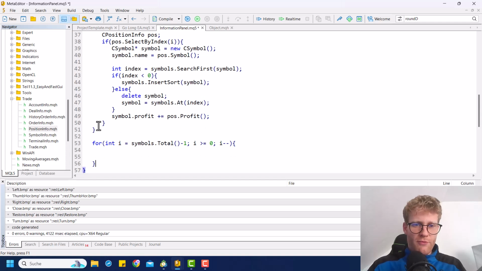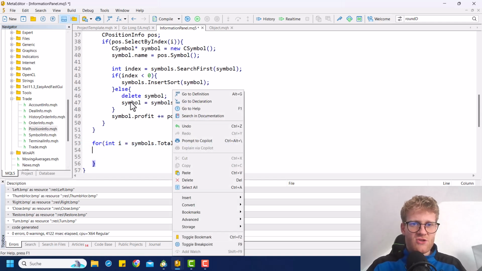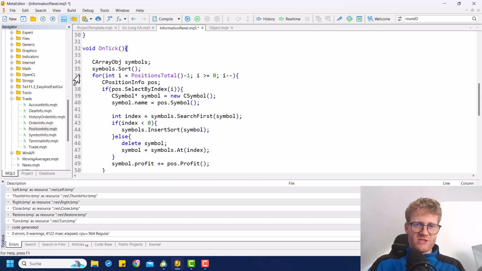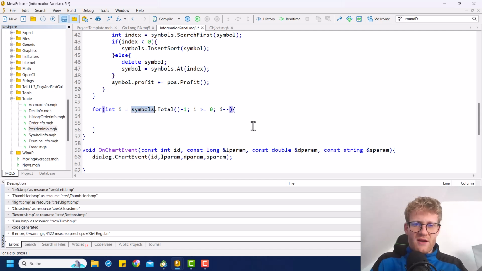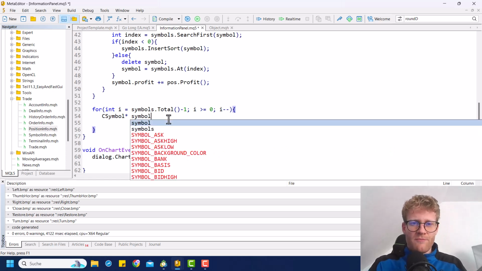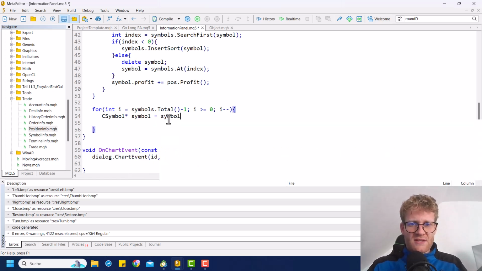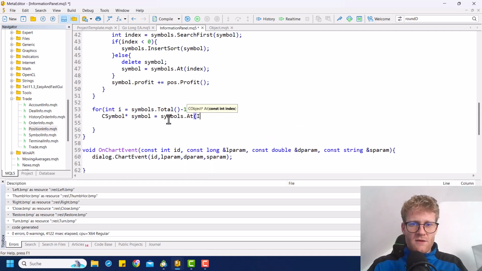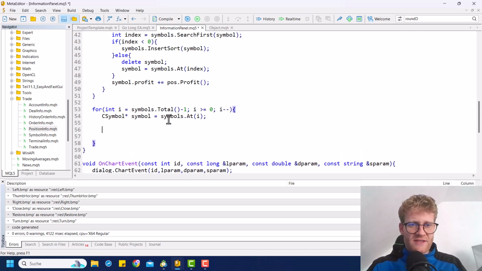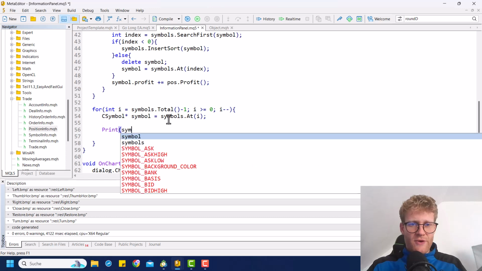The loop is pretty similar to what we do with the positions most of the time, but in this case, we just loop through this array instead of the positions. And then we get the different symbol pointers from this symbols array. So at index I, we get the symbol, and let me print this for now